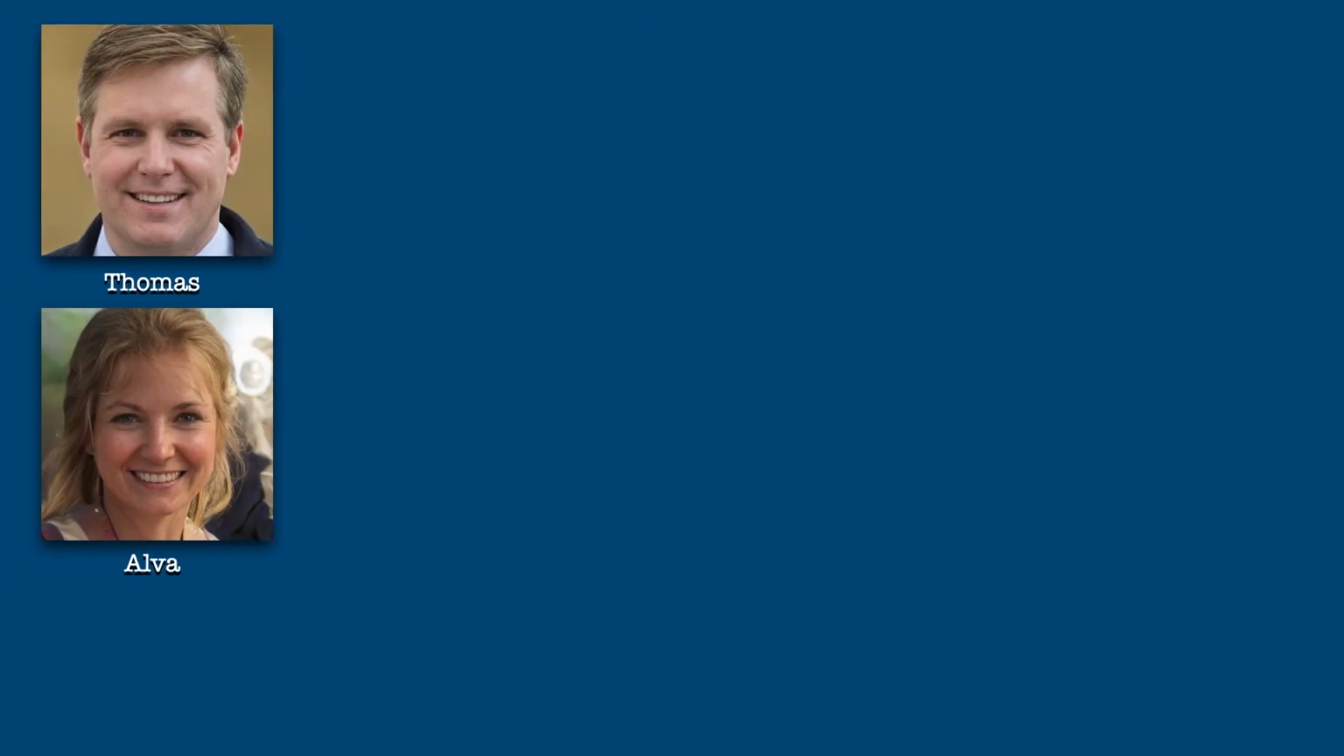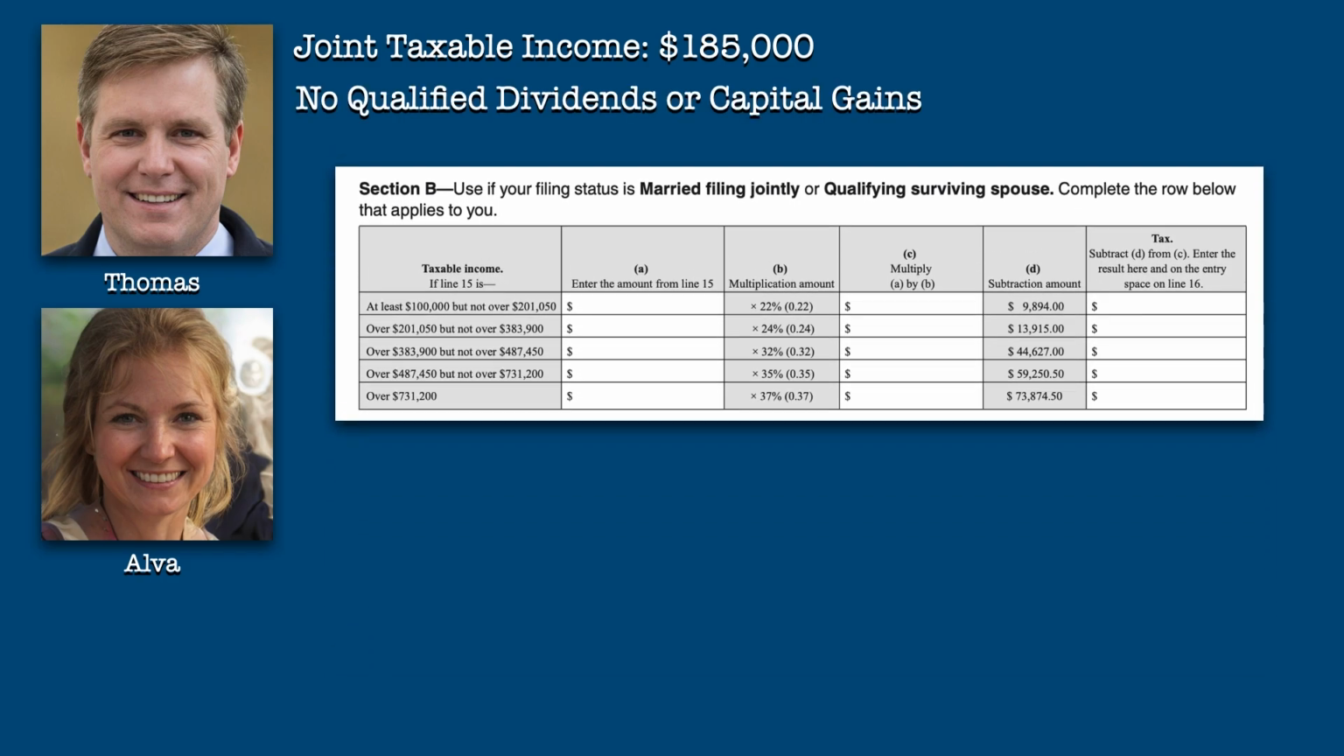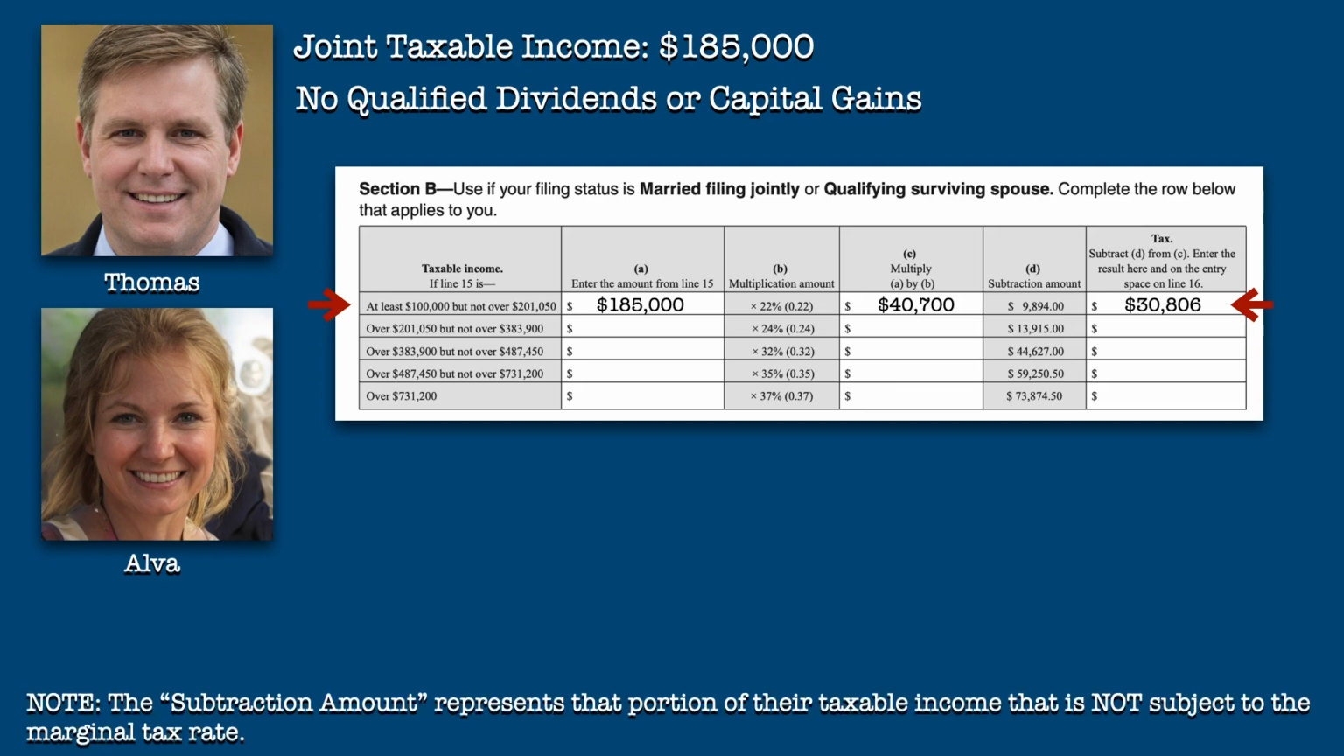$4,877. Thomas and Alva are married and file jointly with a combined income of $185,000. They use the tax computation worksheet and see that they have a 22% marginal income tax rate. They calculate their income tax by taking 22% of their taxable income and subtracting $9,894, which is the amount of their taxable income that is not subject to their marginal tax rate. This results in an income tax liability of